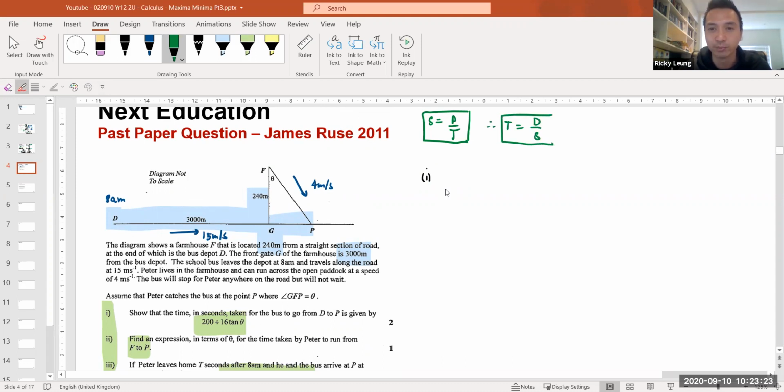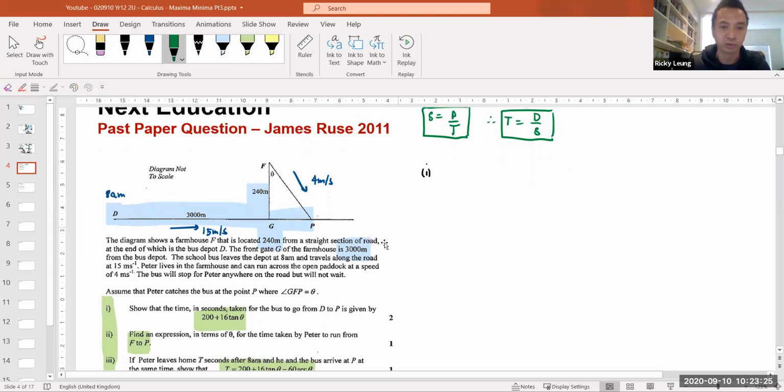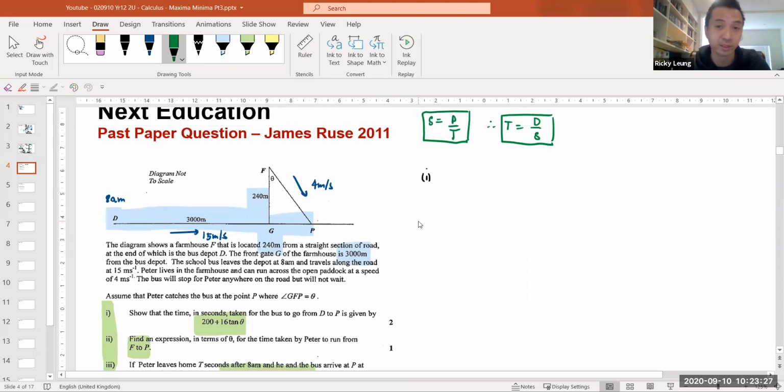And the reason why that's important, everything we're doing here, the variable of choice is time. So we need to make time the subject. I've got distance, I've got speed. So for part one, we're talking about the bus, where the speed is equal to 15, and the distance is equal to DG